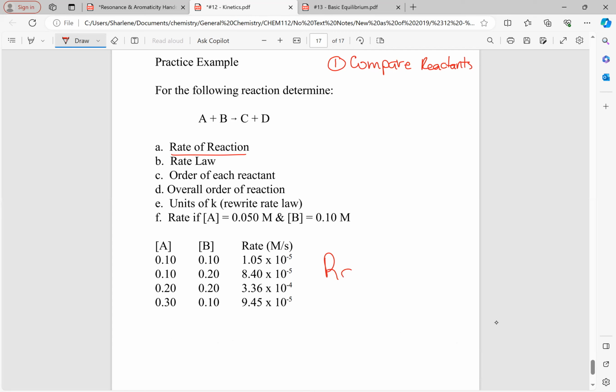Rate means the change in the concentration over the change in time. So the word rate, it doesn't matter what equation it's written in, means the same thing. It could be at different times and different concentrations, but the word still means the change in concentration over the change in time. So if you want the rate of reaction equation, remember, write the word rate